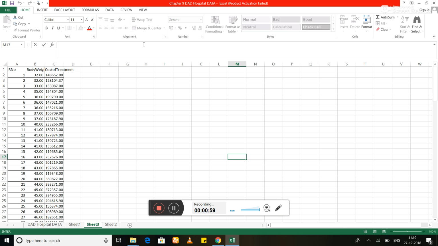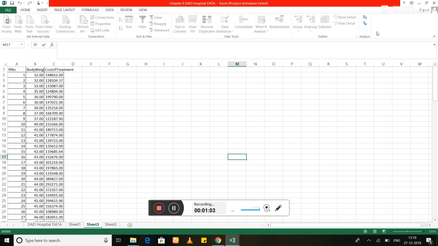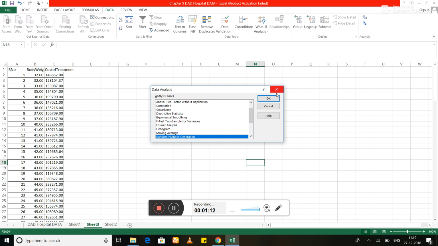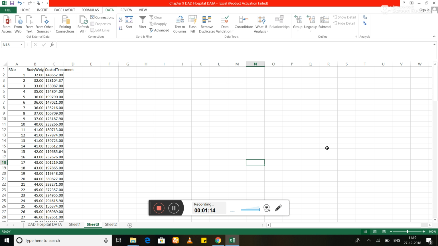But we are using Excel, and Excel has the option in data analysis. Excel is definitely having the regression technique embedded in it. So we are using that one.